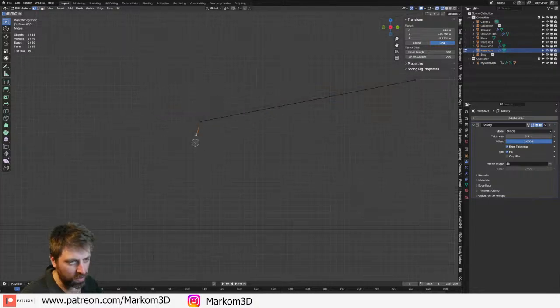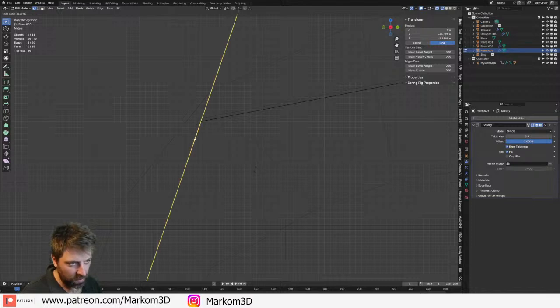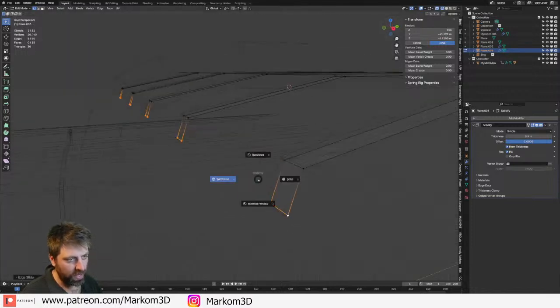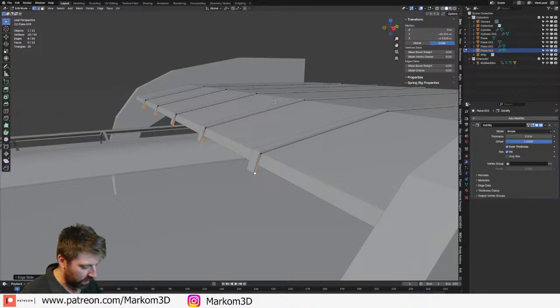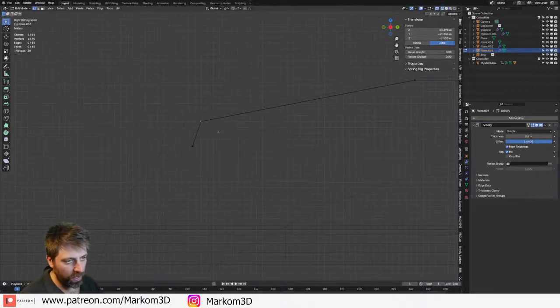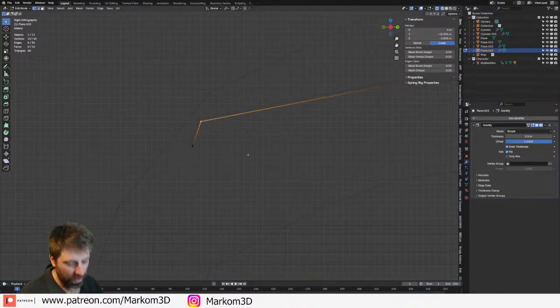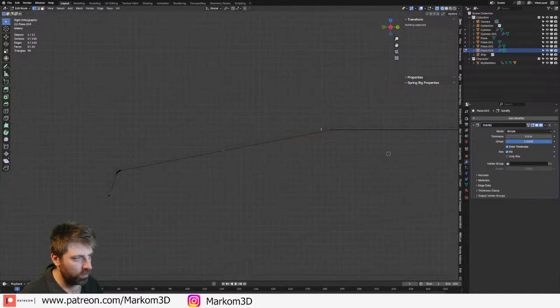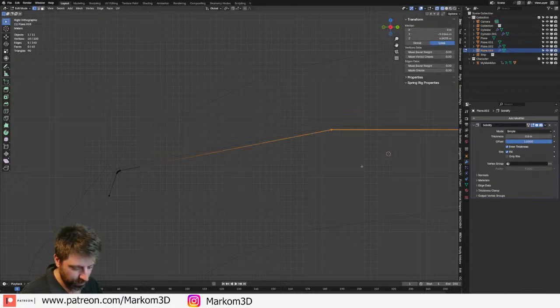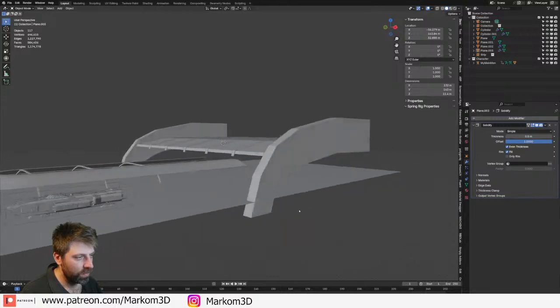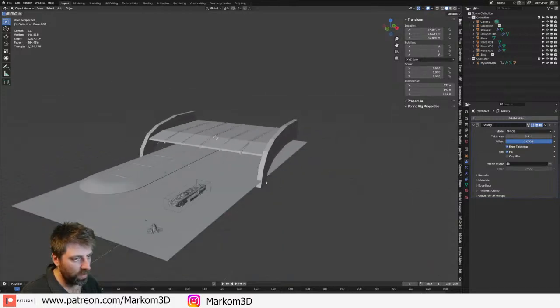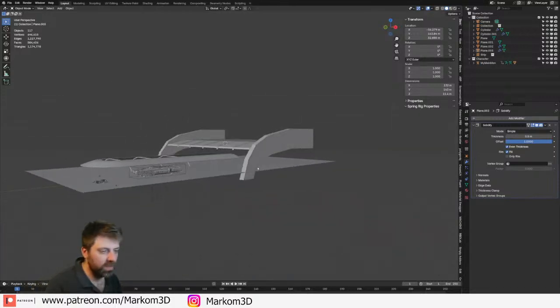Actually, what we'll do is I'll select all these. GG. C. So it hangs down a smidgen. Excellent. And then from here, we can select these. Control B to do a bevel. We'll do the same up here. Oh, yes.